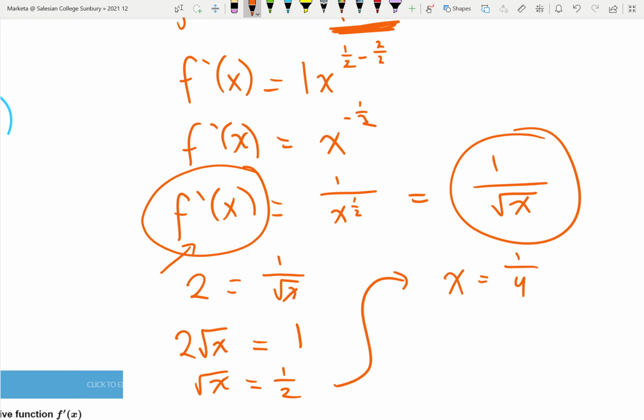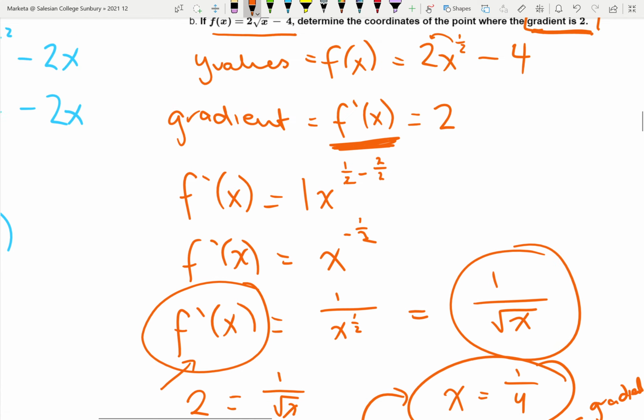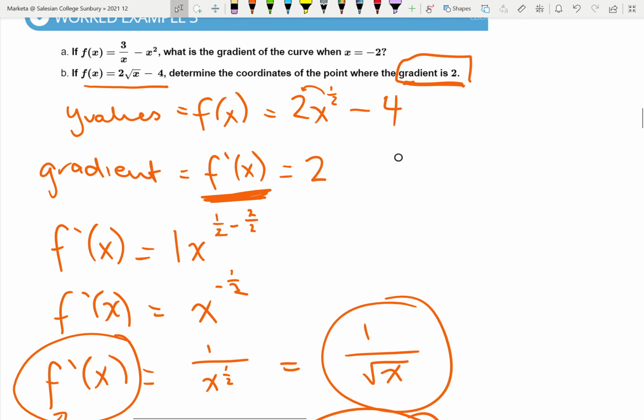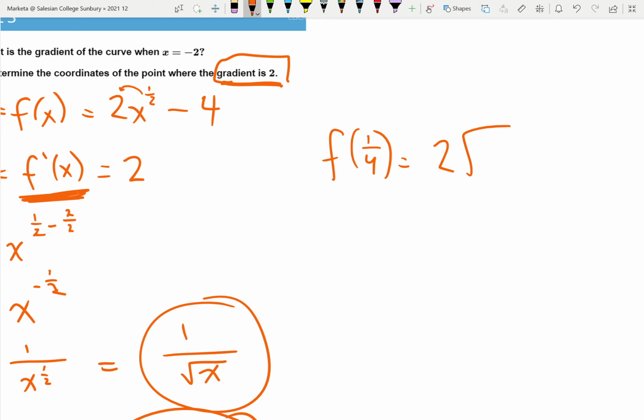So what this tells us, the x value is 1/4. What people are going to do, which will be wrong, people are going to write 1/4, 2. That's wrong because that is the gradient. What we want is the coordinate, and the coordinate means the y value. So if you want the y value, you're going to have to get the y value from subbing into the y equation. So that is f of, what was it, 1/4 equals 2 root 1/4